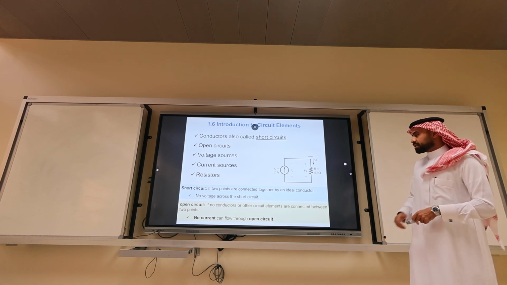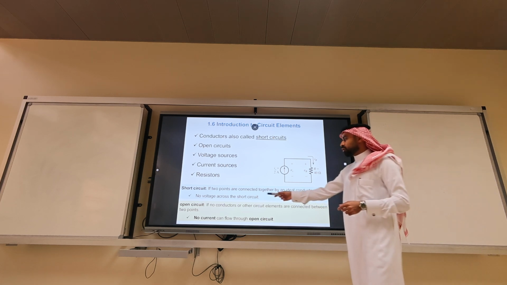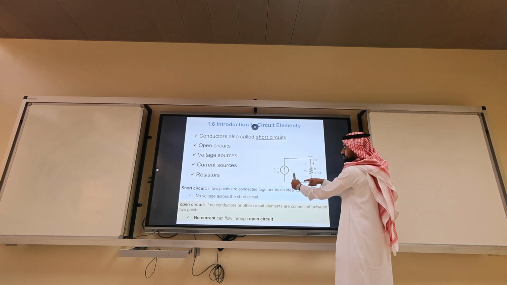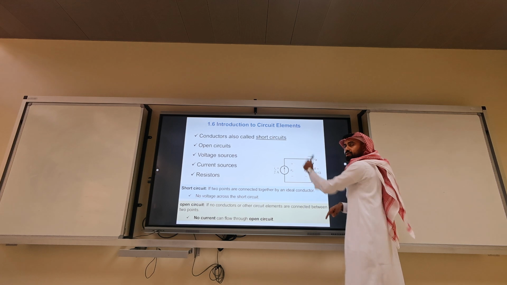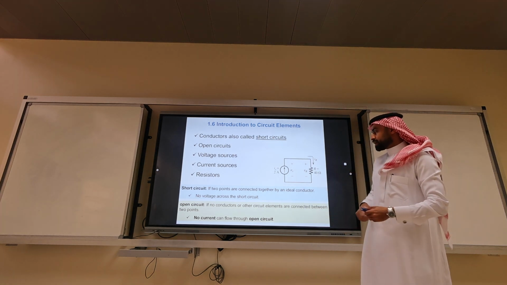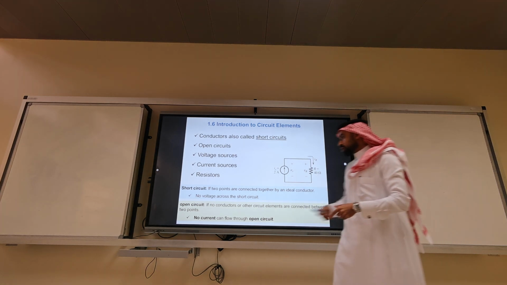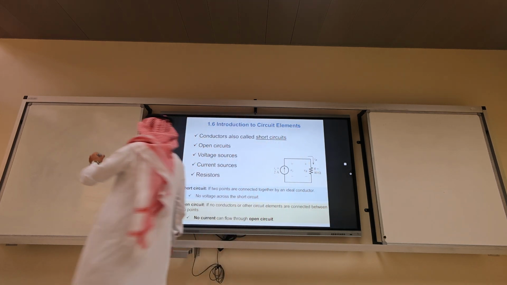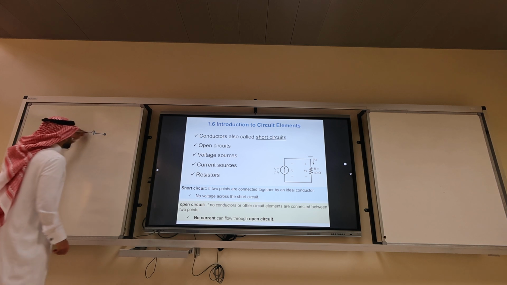If 2 points are connected together by an ideal conductor, there is no voltage across the short circuit. For example, there is no voltage drop across the conductor here. Open circuit, no current flows through an open circuit. Question: what is a voltage drop